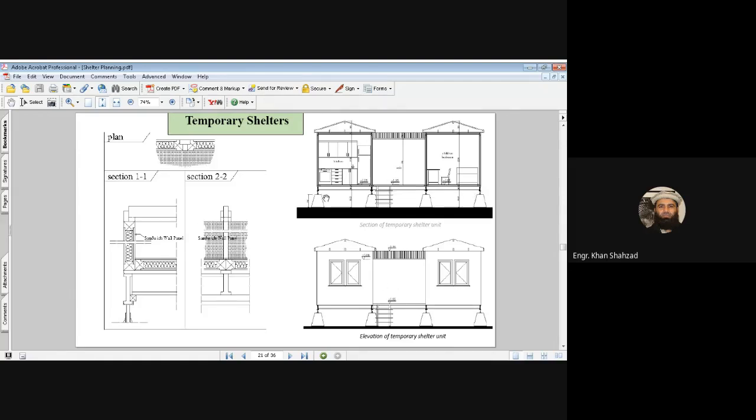And if there is flooding or if water is coming, you can see it has been constructed in such a way that it is almost, I can't see the dimension, but if you can read this dimension, it has been elevated from the ground surface, and it has been given safety against the flood.